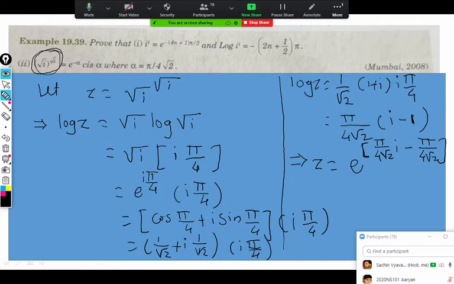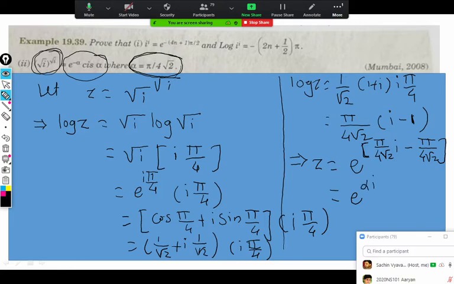Anyone, what should be the next step? You will observe pi by 4 root 2 we should assume as alpha. Or even if you do not assume, simply you have to do it, e raised to x minus y form is there. So just you have to write down e raised to x into e raised to minus y that way. And next step is the answer. Then you get a real part this way, you get this form. So next step is e raised to, can I replace this by alpha, where pi upon 4 root 2 is alpha.